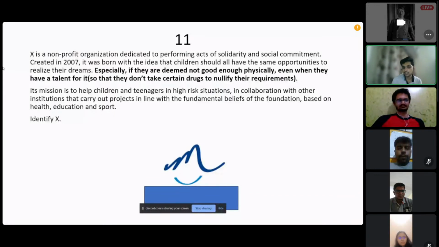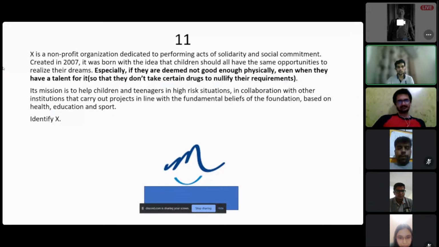We want the name of the foundation. This is the icon of the foundation. Focus on the bold letters here. The answer is there somewhere in the bold letters. And the direct is to participant 6. Yes.